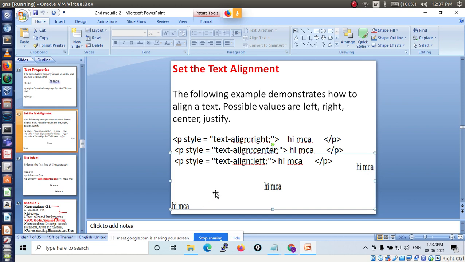So if you want to display text on a web page, it is a matter of creativity. Based on your creativity, you have to make your web page attract someone or feel good when seeing your website. So due to that, you have different kinds of style sheets, right? Using the proper properties and values, you can make your website look good, right? So this is about the text alignment property.